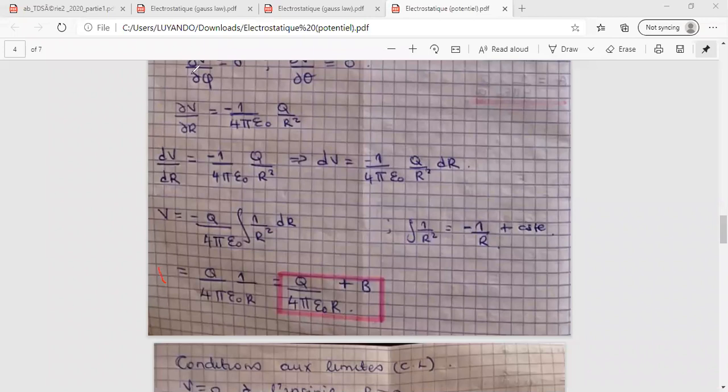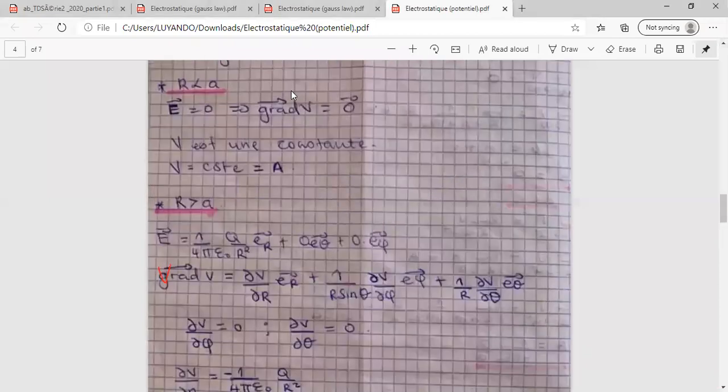Okay, so I'll repeat what I just explained. We're trying to calculate our V. So we had our E. For the first one, our E was equal to 0 at the interior. And at the exterior, our E